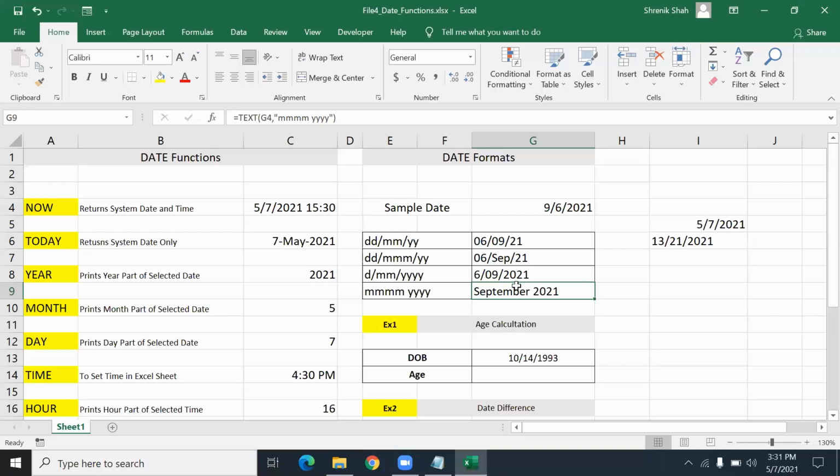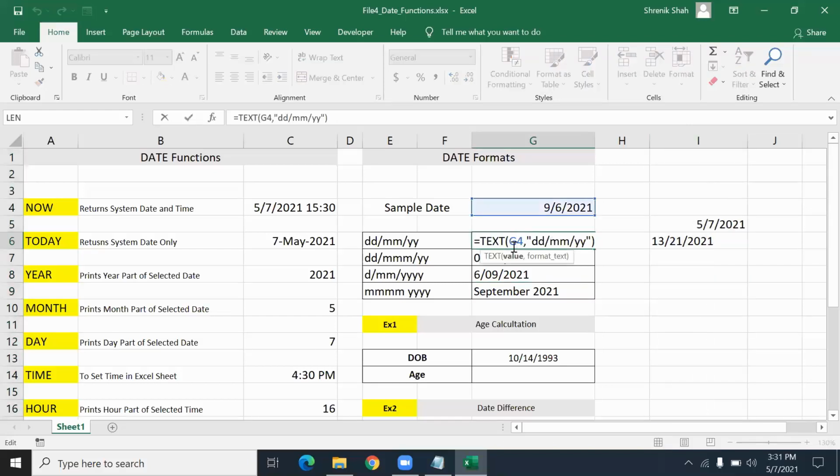So I just cleared one question, because when you work with the text function, the text function produces output in string type, and on a string it's not possible to perform any arithmetic calculation. Like in the given date, if I ask you to add 4 more days and show me the output, you cannot perform this if you are using this method called text.